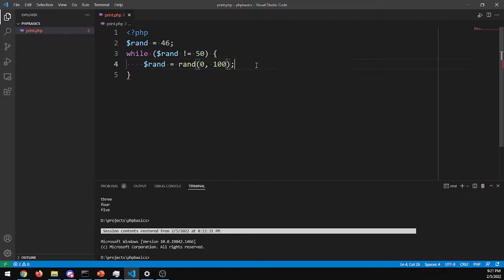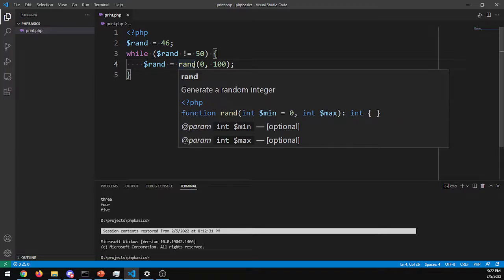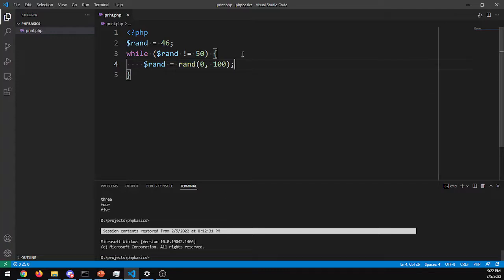So the while loop is good for situations where the conditions are not exactly known by a finite count. What I mean is that in the case of a random number, it generates random numbers all the time. I won't say that it won't give you the right number. It's just that it will take some time to reach it. So in this case, for example, while the random number is there,